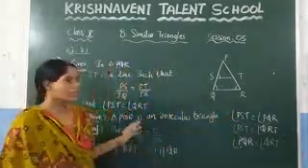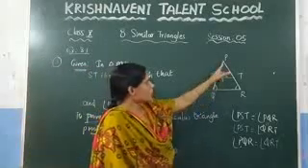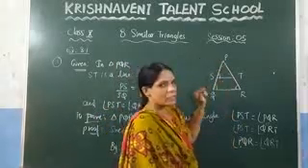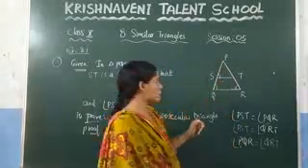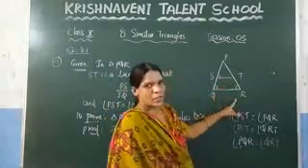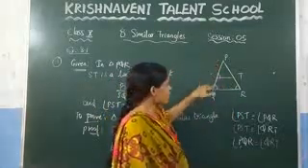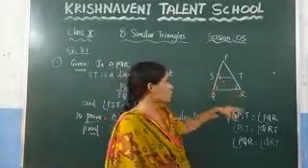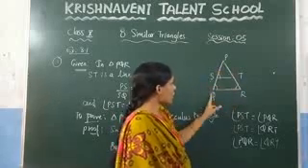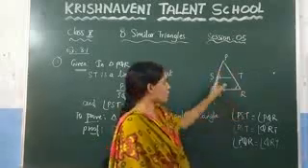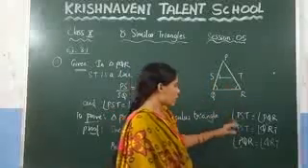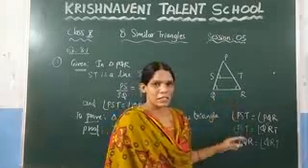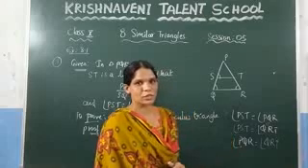Again I am saying this one. Here what they have given is that these two sides are divided in the same ratio. That means PS by SQ is equal to PT by TR. So by the converse of the Thales theorem, you can say here ST is parallel to QR. If ST is parallel to QR, what is this one? PQ is nothing but the transversal. And in a transversal the corresponding angles are equal. So we can say that angle PST is equal to angle PQR. And in the question they have given that these two angles are equal. So by comparing those two equations, we got these two angles are equal. So in a triangle, if two angles are equal, we can call that an isosceles triangle.